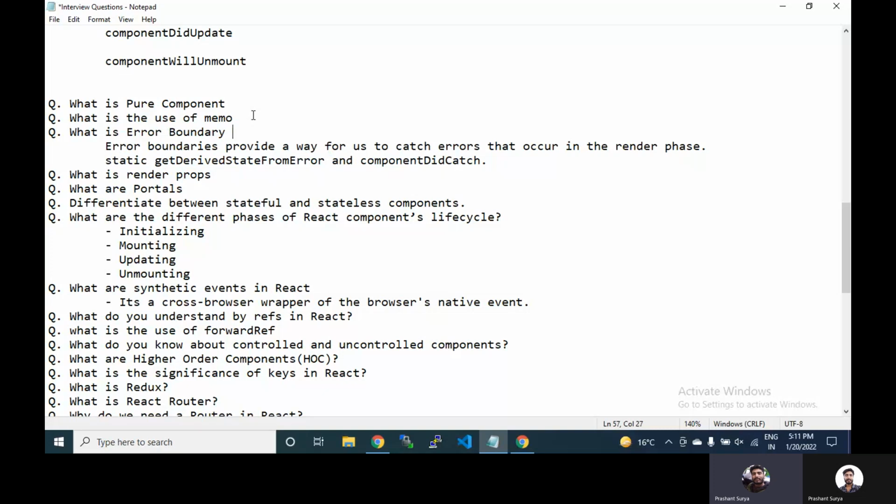The benefit of an error boundary is that it will catch all the errors from whatever components are passed to it. And you can also show a custom UI in place of that component if there is some error. Let's suppose if there is an error, you can show some message in place of that erroring component.